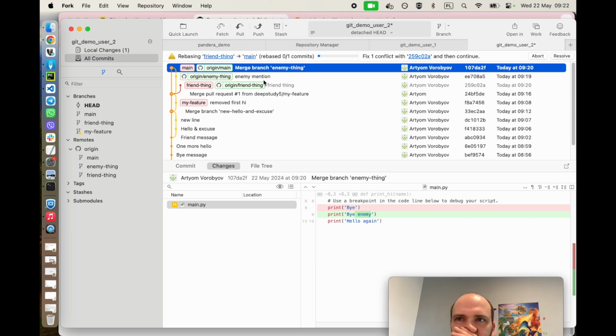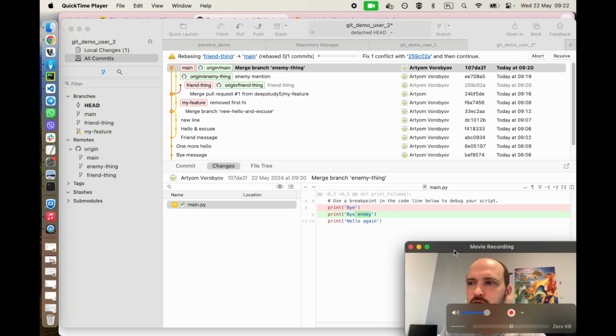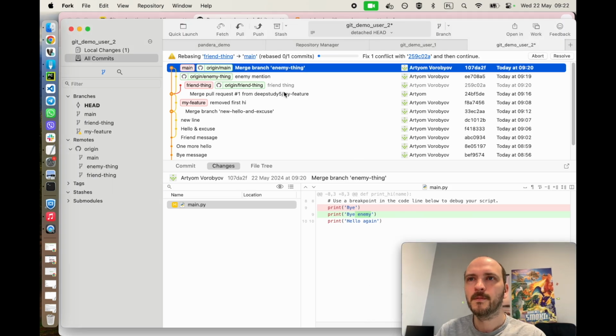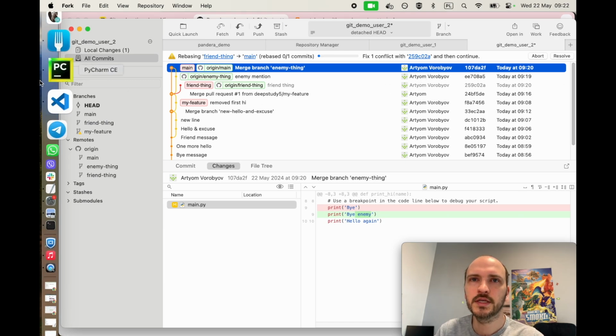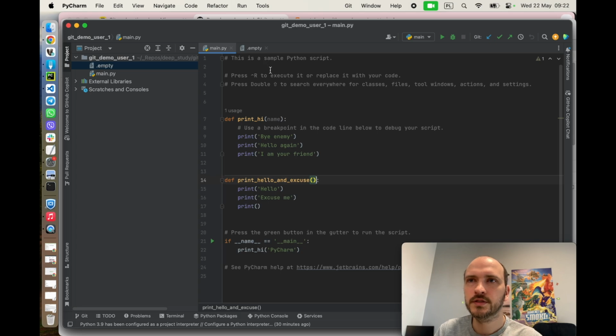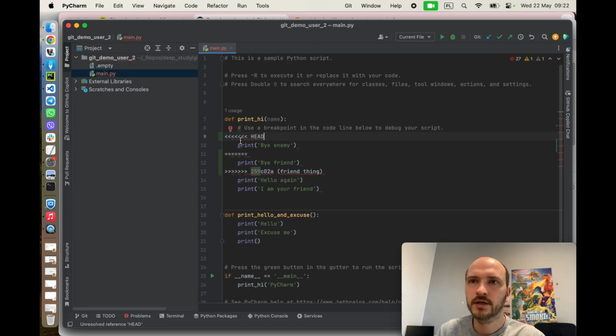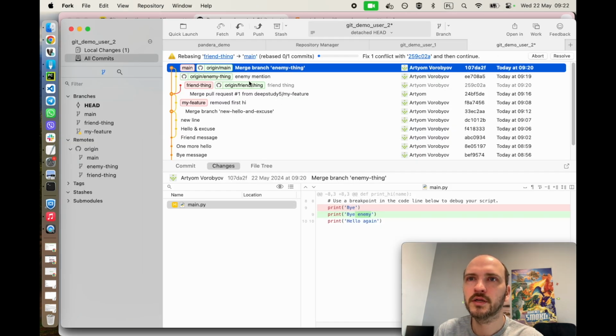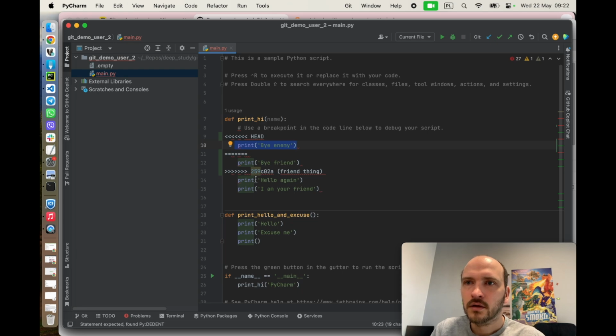If you do this through the console, you will also be able to do all these things, but it will be quite hard in case of rebase, because you will need to know what commands to use for each of the steps. In the UI it's easier. So in this case I have the conflict, and the conflict is displayed in the user2 repo like that. So we have these symbols, then we say, okay, in the head, which means in main, I have